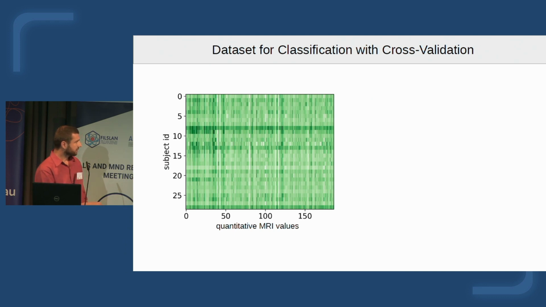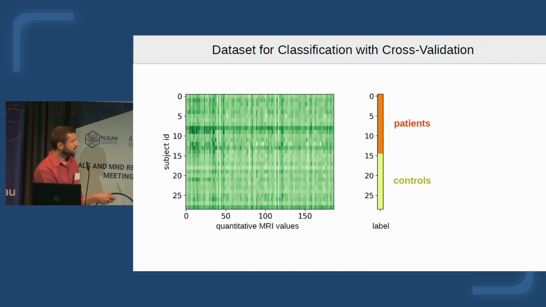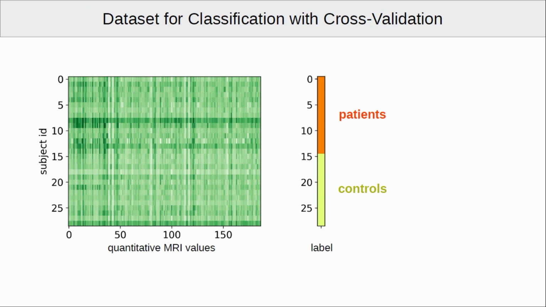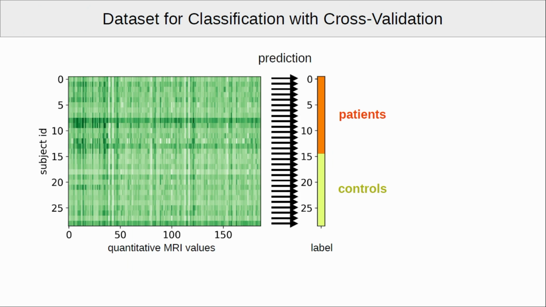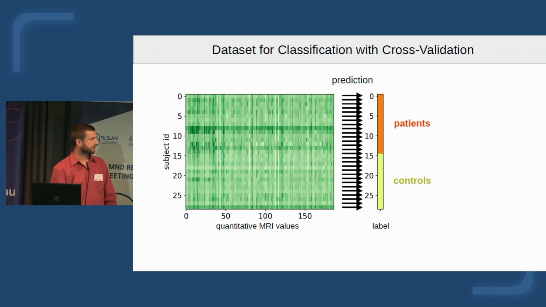The point is going to be to predict a label for each subject. Here we've got our patients and our controls. We are going to train a mathematical function to use the different values that we have for each subject for the prediction. If we were doing a conventional statistical analysis, we would look at, say, one region and look at the difference between the two groups, control and patients. Here we are doing predictions, so we are doing it the other way around.